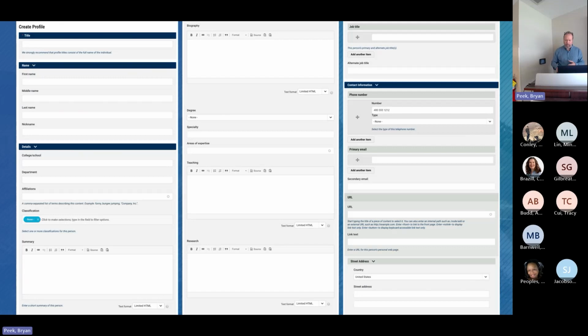So profiles are a little more loosey-goosey. You can use profiles really for any record of a human being, essentially. So some people use them for faculty profiles on their sites. The most prominent use I can think of is on the main Georgia Tech website, not the News Center. There's the Experts Hub, and all of the Experts Hub information is syndicated out of Mercury. And this is actually, we expanded this recently, so it includes